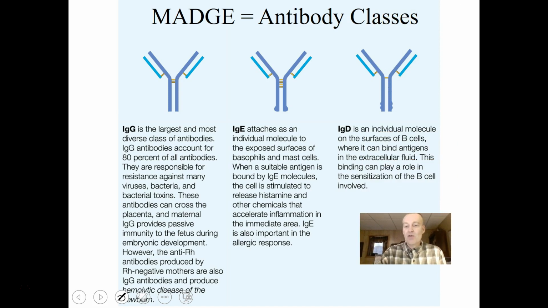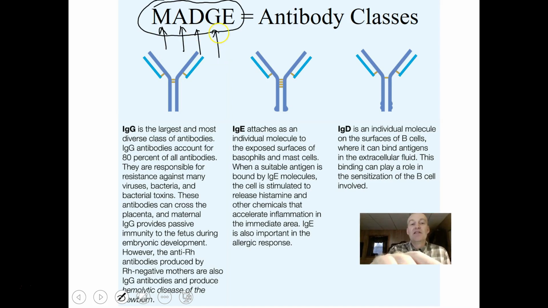Now, there are different kinds of antibodies. The way that we remember the classes of antibodies is by thinking of the acronym MAG. So there are immunoglobulin M, immunoglobulin A, D, G, and E. Each of these has their own little specialties that they perform. So IgG is the largest and most diverse class of antibodies. It accounts for about 80% of the antibodies